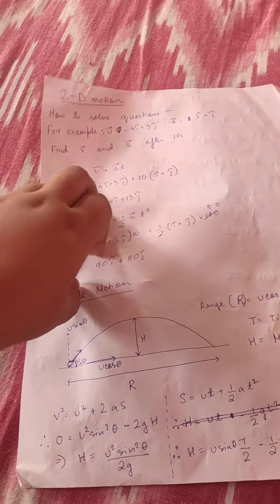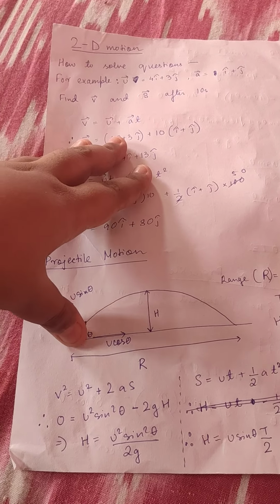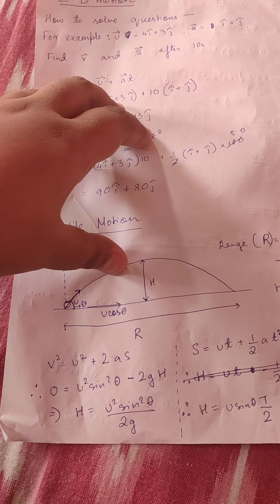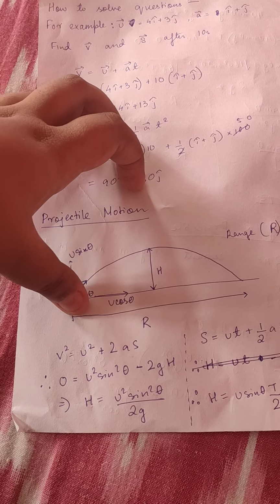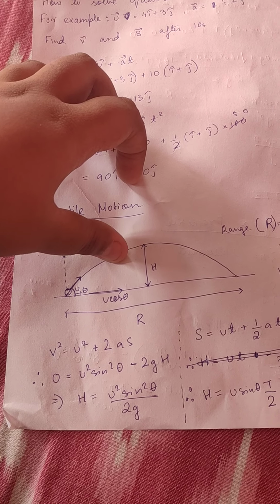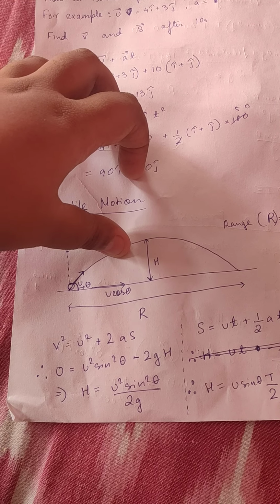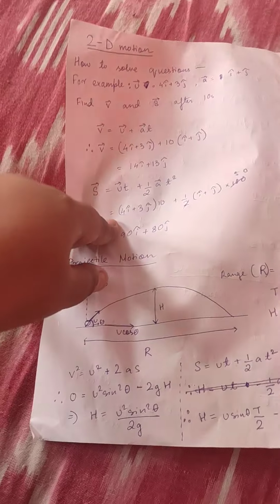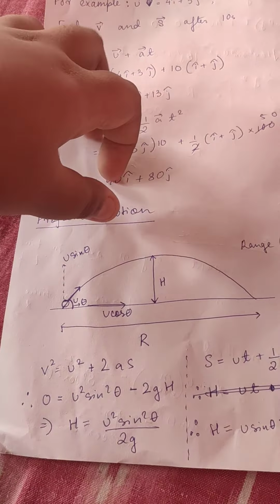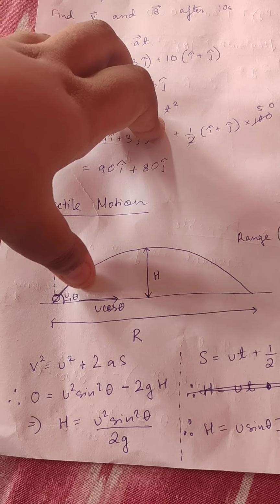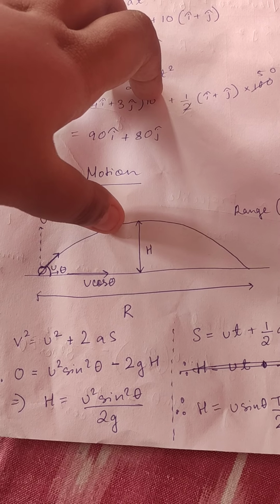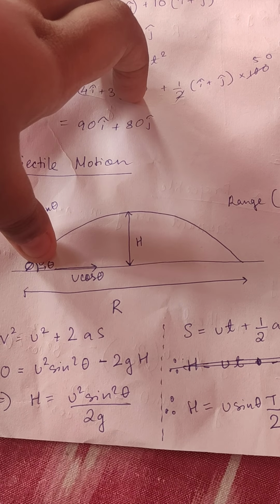This is another important information: let this be a point A. The time required for the body to move from here to here, plus the time required by the body to move from here to here, if we add those, then the value would come to be T, capital T, right? So this is one information, and this is very common sense also.